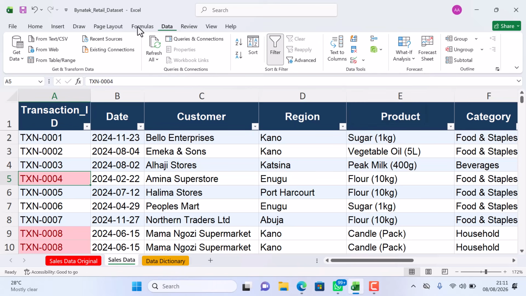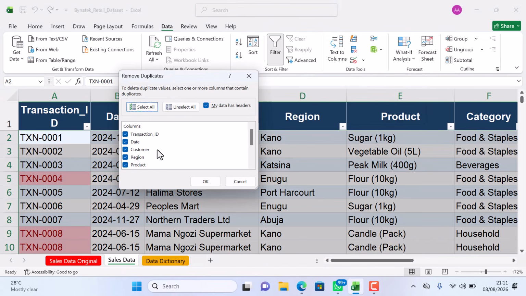If you go to data tab, not the home tab, on data tab, you can find remove duplicates in the data tools. This is the symbol for remove duplicates. In this particular column, it's the second one, right? It's the second one. So you just click on remove duplicates, and it will ask you to delete duplicate values,